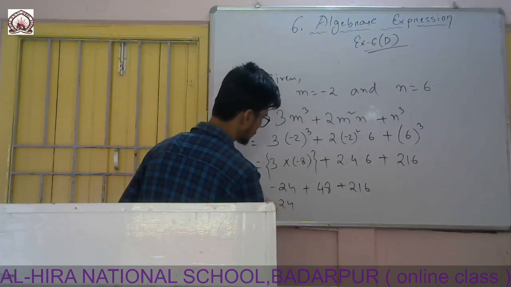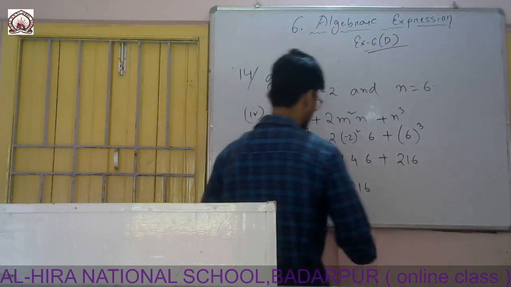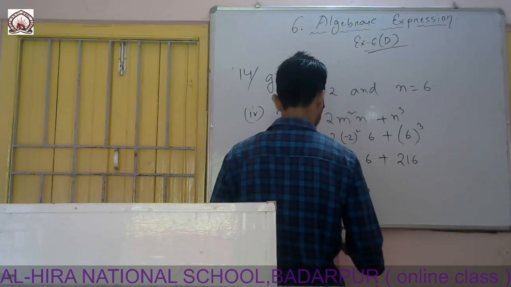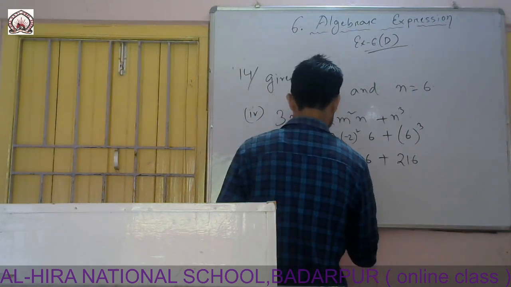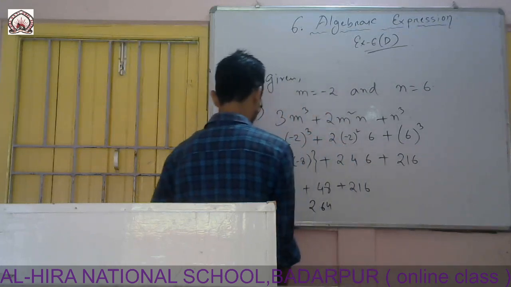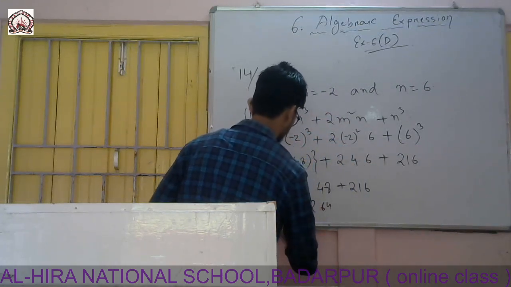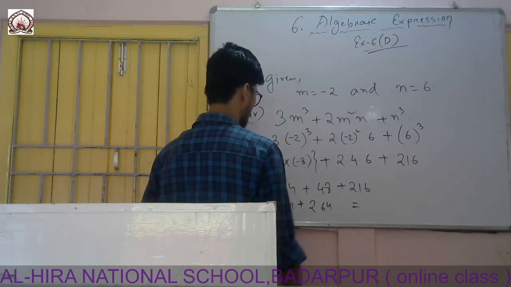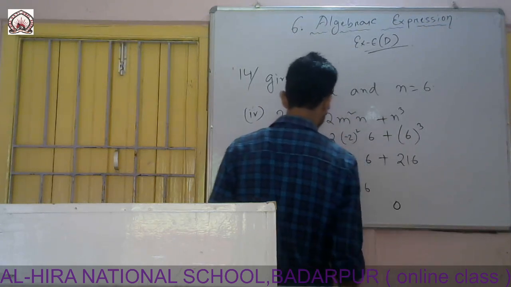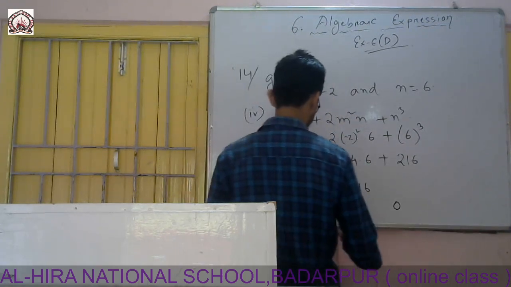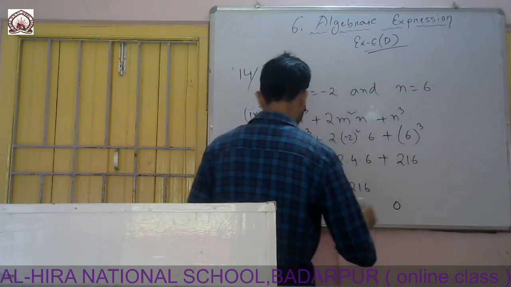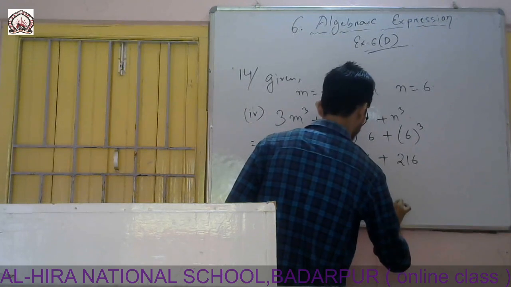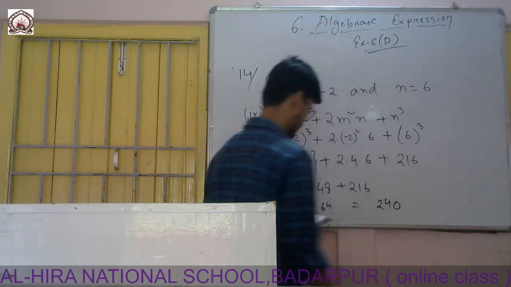First of all I will do this positive part, plus plus it is plus, so 216 plus 8, 8 plus 6 is 14, 4 plus 1 is 5 and 1, 6, so 264. Okay, so their sign will be plus sign. Minus plus it is minus, 264 minus 24, so 4 minus 4 it will be 0, then 6 minus 2 will be 4, and there it will be 2, so answer is 240.